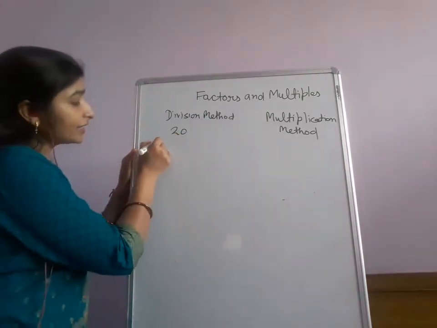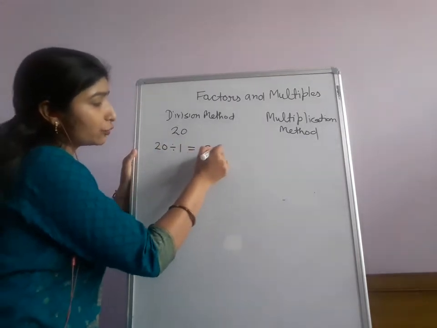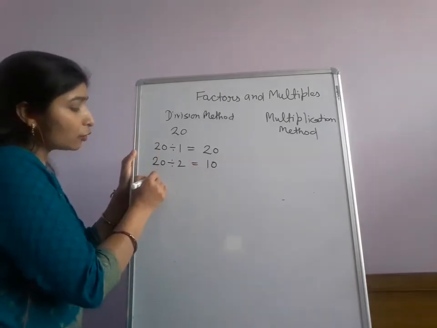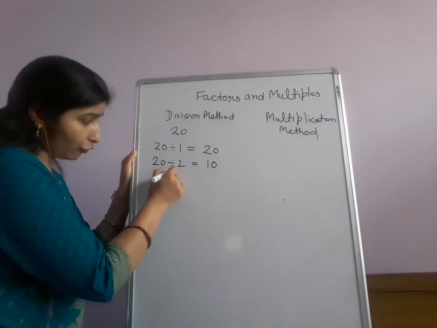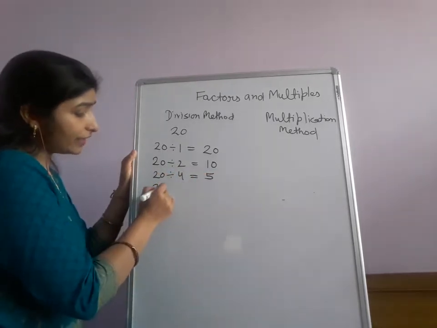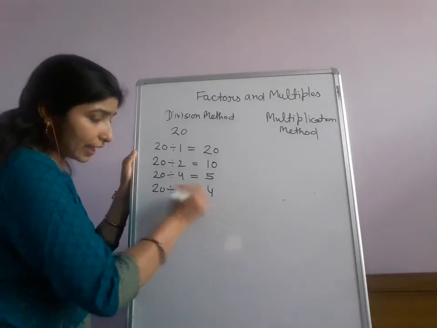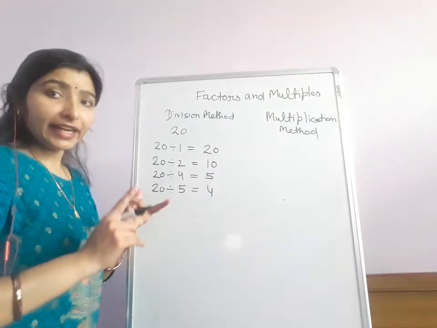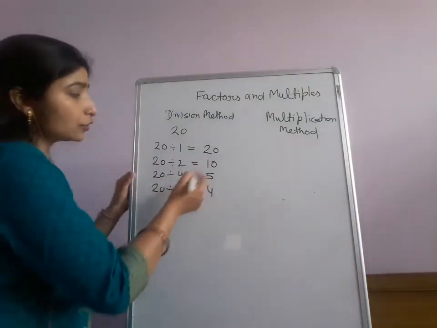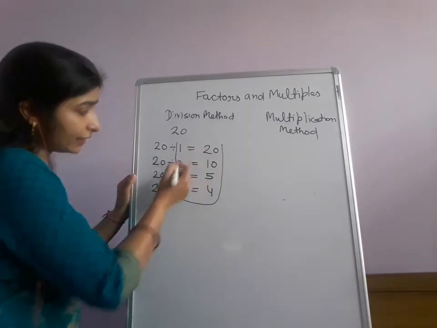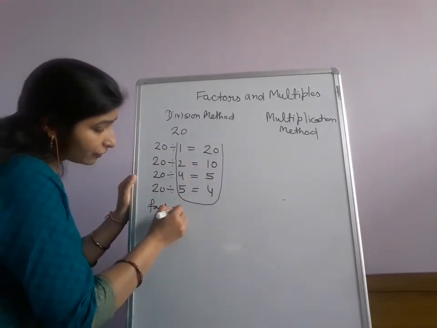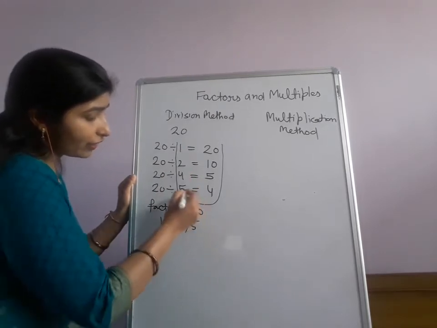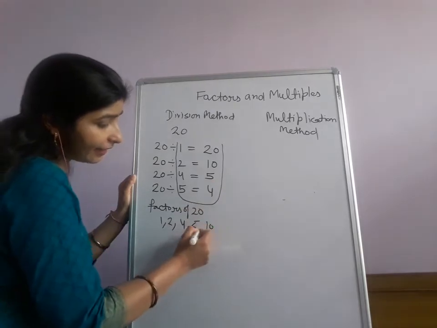Okay, so here I can say 20 is divisible by 1 is equal to 20. 20 is divisible by 2 is equal to 10. 10 will come. Now 20 is not divisible by 3 but by 4. Yes, 5s are. Now 20 is divisible by 5 also. 4s are. Now 20 will not divisible by 6, 7, 8 and 9. And I told you will check up to 9. So what are the factors of 20? Factors of 20 is equal to 1, 2, 4, 5. Now go, these are repeated, 10 and 20.